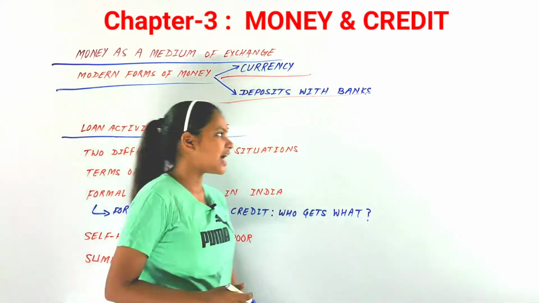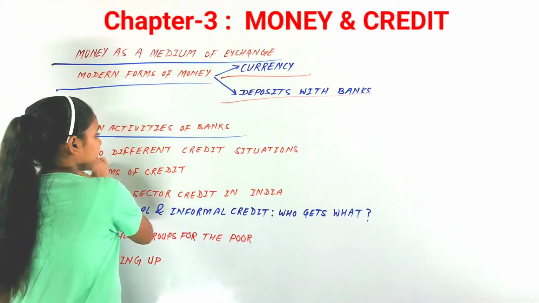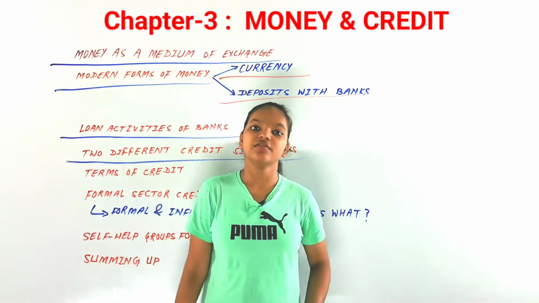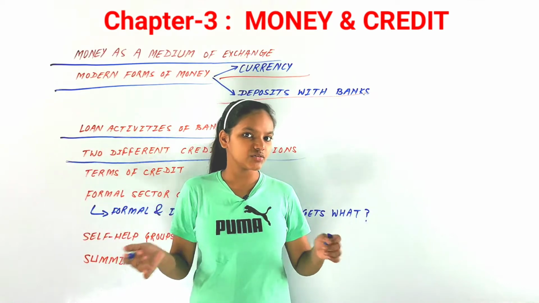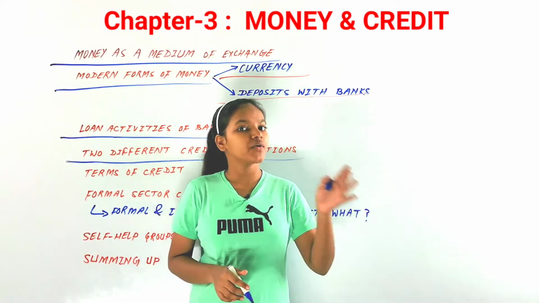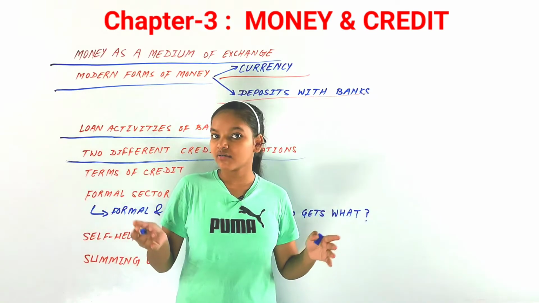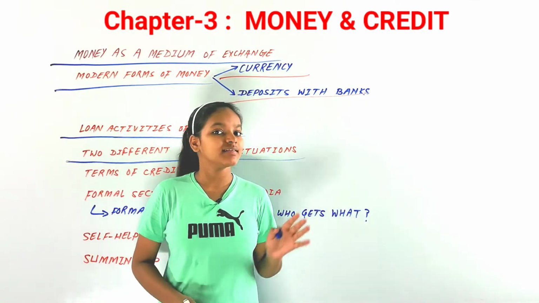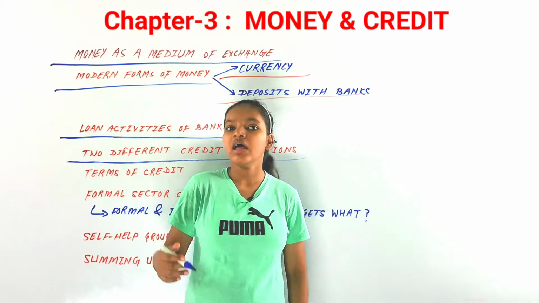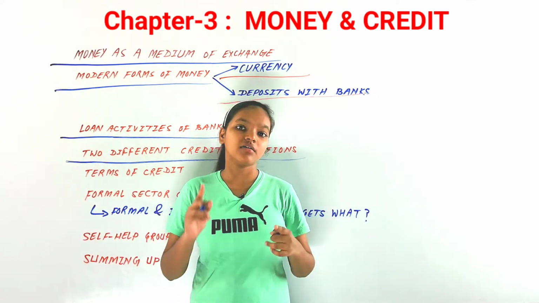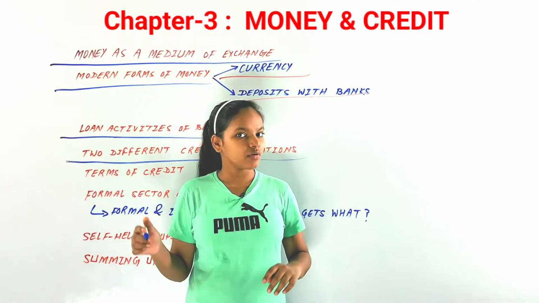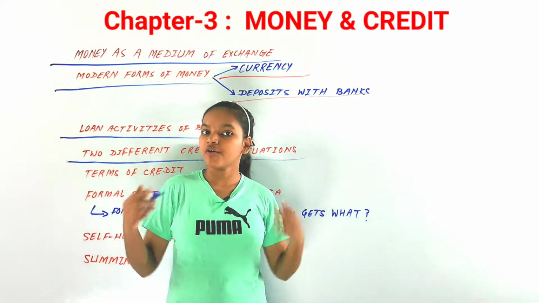After that, we have the next topic, that is two different credit situations. Now around us there are many transactions going on, and most of them are probably in the form of credit as well. They include credit, loans today. Now credit is a mode of payment, which refers to whenever a lender gives some goods, services, commodities or money to a borrower, and asks for a future